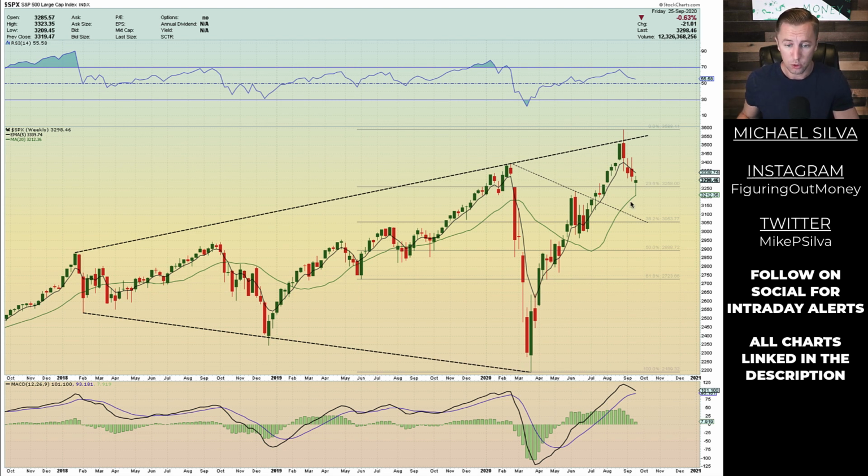However, the 20 period held as support. That is a bullish sign. We have the Fibonacci level right here, 23.6. The price closed above it and formed a nice hammer candle. That's also a bullish sign. So this looks like, yeah, we had this pullback, but this hammer candle identifies that this might actually have a little bit more gas in its tank to move up a little bit higher. So overall for the week, the close is giving us signs that potentially we might see a little bit more movement to the upside. Is that going to happen?